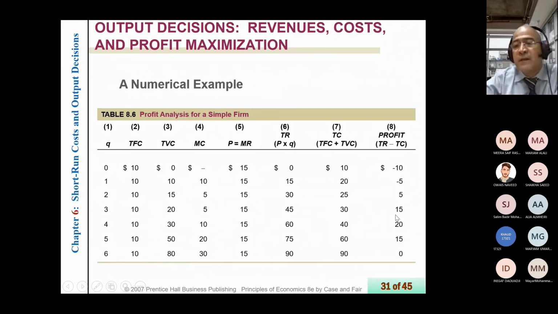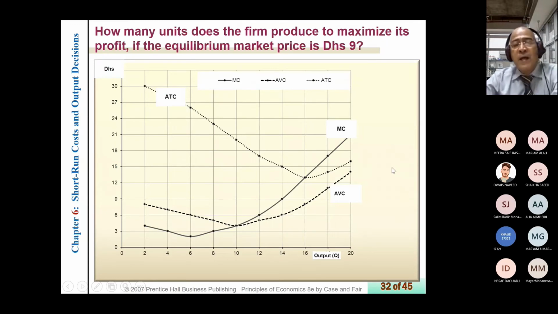If you see here, profit will be a maximum if we produce 4 units, at which marginal revenue equals marginal cost. Okay, so hopefully you are familiar with such a graph. You will see a similar graph in the final exam. The matter is quite easy. Let me ask